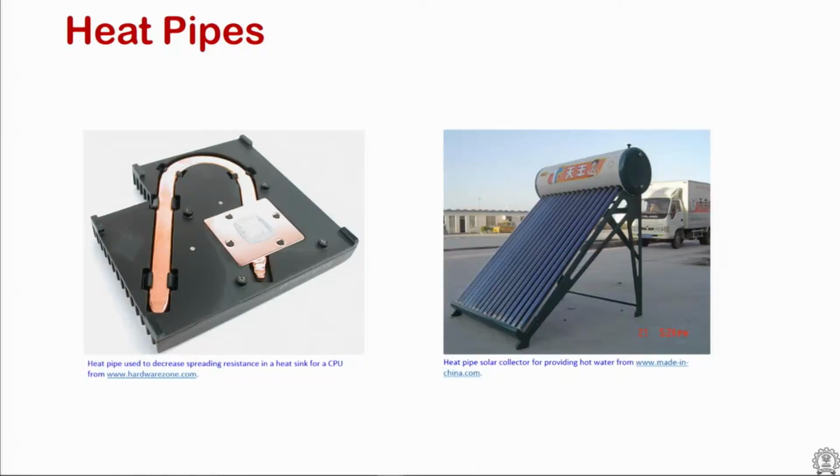So, that is why heat pipes are effective, but they by themselves do not dissipate heat. They are meant to transport heat from location A to location B. So, here are some examples shown on this figure. There are heat pipe based water heaters, solar water heaters, solar collectors, and what is shown on the left hand side is a heat sink that is mounted with a copper based